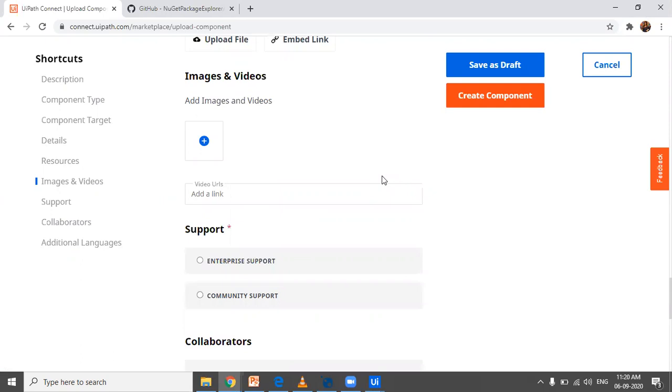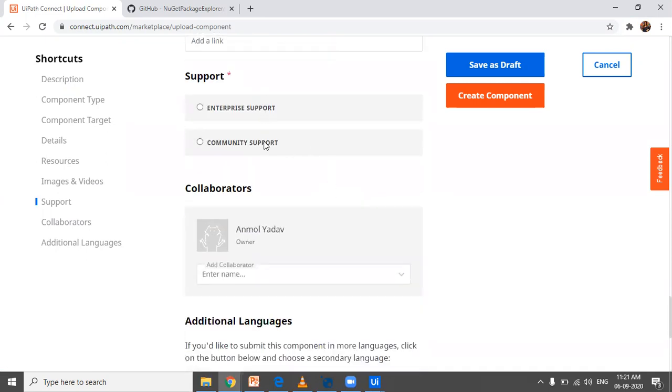And it is usually required, you have to provide one of these things. Either you provide a readme file or a user manual, or you provide 2-3 images, screenshots of how to use your custom activity. It's not necessary to provide 2-3, any number of images which explain the use of your custom activity would be great. Or you can even make a small video and upload it.